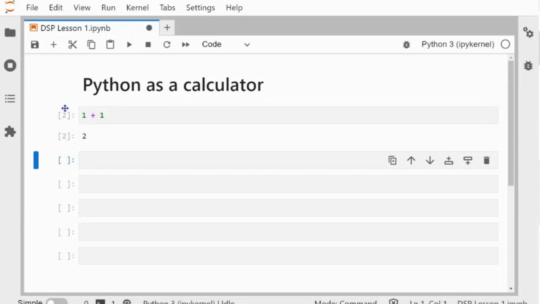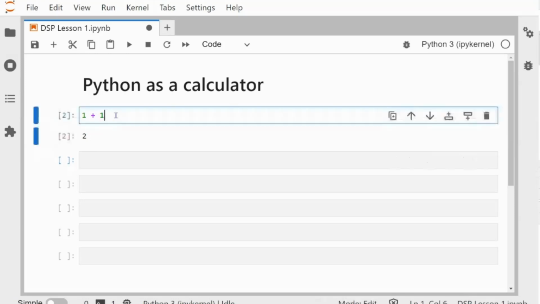The next thing we'll look at is subtraction. I just want to do something simple, 1 minus 1. So instead of typing it again, I'm just going to copy this cell. To do so, we have two options. We can click on this icon here, this double page with the plus sign.